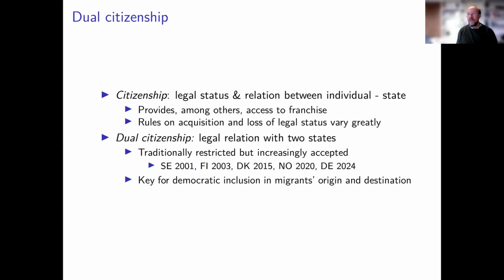Now, the overall trend of dual citizenship is quite well studied. We see that this was traditionally very controversial, right? Especially when you think of the first half of the 20th century, most states around the world had restrictive rules, and that meant that if a citizen of a state acquired the citizenship of another state, they would automatically lose the citizenship of the origin state, right? So states had restrictive rules in order to prevent the existence of dual citizenship as a phenomenon, which was considered to be problematic. For example, since, of course, citizenship is not only about rights, but also about obligations.